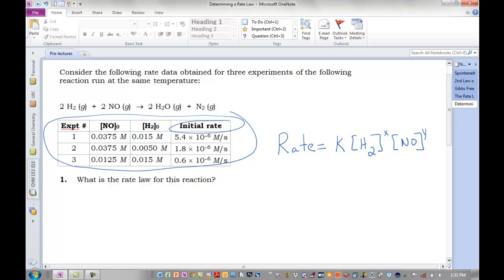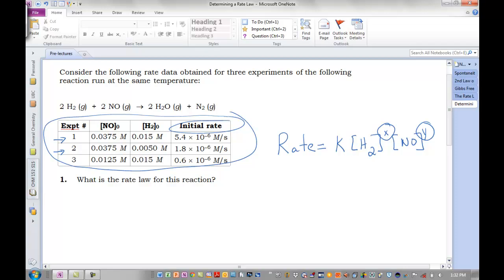All right, so our goal when we say determine the rate law for a reaction, what we're really doing is figuring out what these exponents are. What are X and Y? All right, so the way we do this is we look at different experiments. We hold one reactant concentration constant. We change another and see how that change in concentration impacts the rate. So as an example,